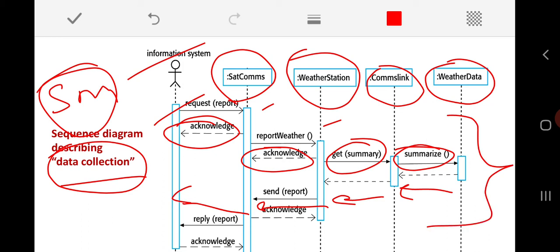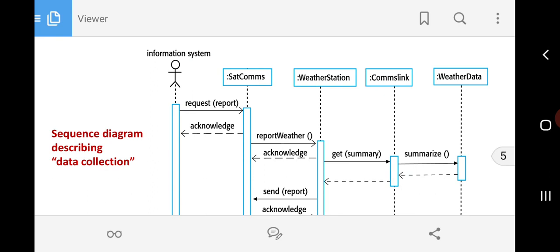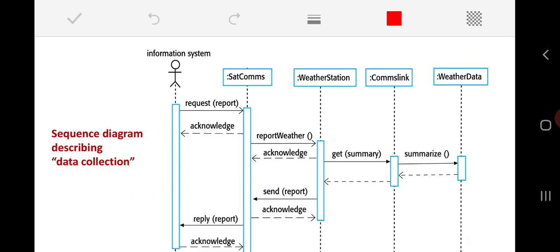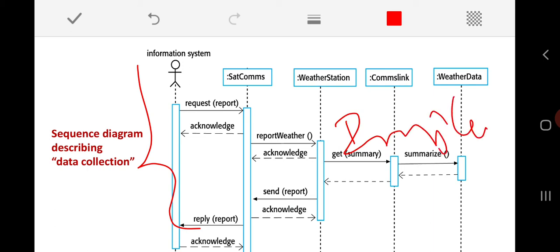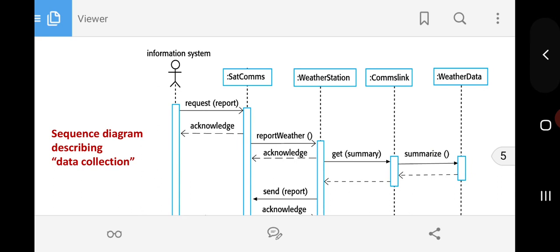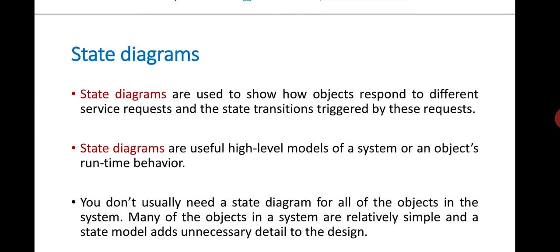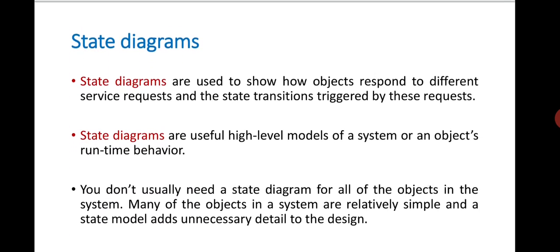So, when we look into this particular sequence diagram, we will realize how this design can be converted into implementation. That is very important. Implementation means the coding. You have to convert this in terms of the coding part. So, here is the importance of the sequence diagram that we will come across. Is it clear? Okay.